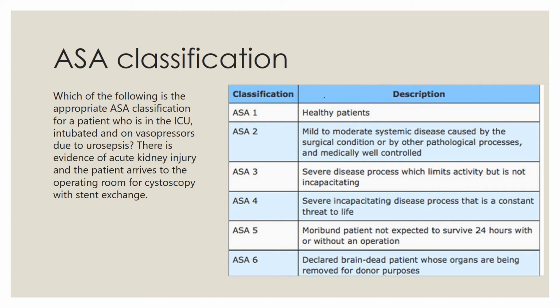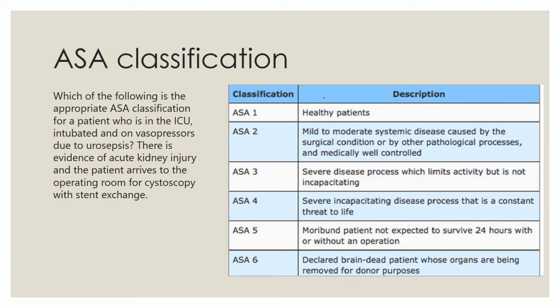All right, our next topic is on the ASA classification system. So I put the question that was on the practice test over on the left. They wanted to know which is the appropriate ASA classification for a patient who is in the ICU, is intubated and on vasopressors, and has evidence of acute kidney injury due to urosepsis. The patient comes to the operating room for a cystoscopy with stent exchange, and they wanted you to pick the